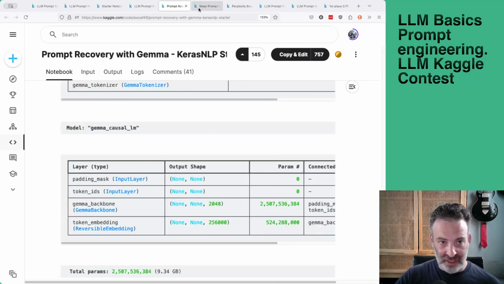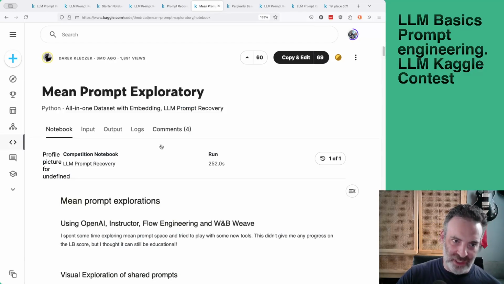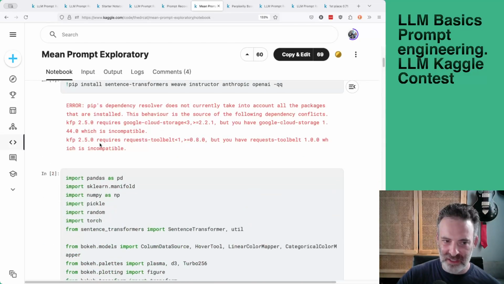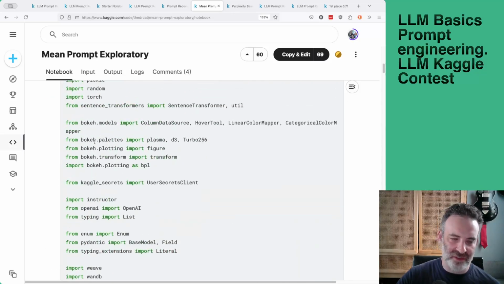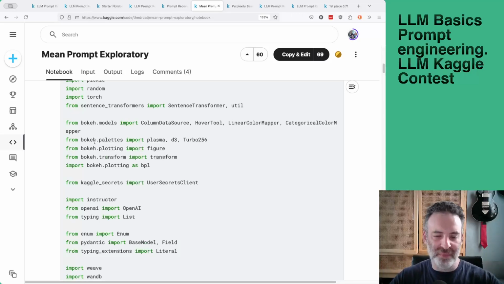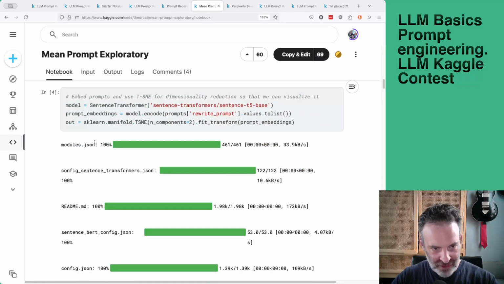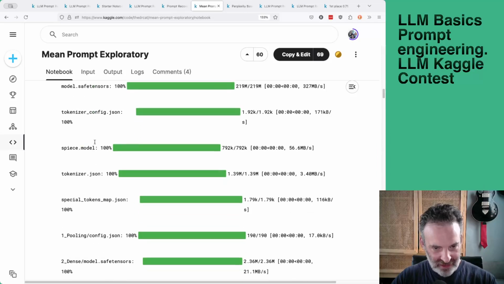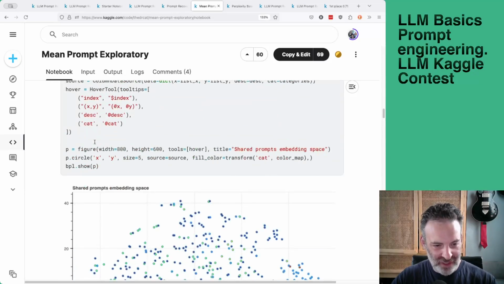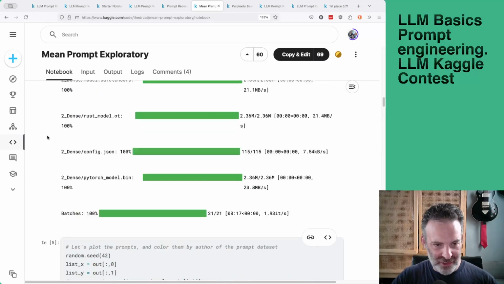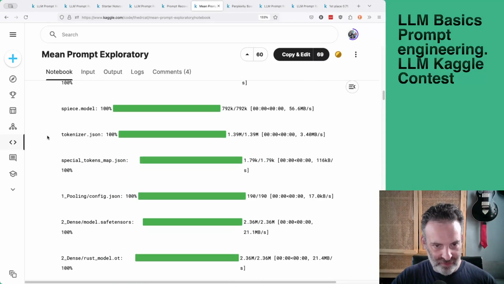So now where does this get? This contest gets a little wacky and goes off the rails when people start looking for what they're calling the mean prompt. The text is tokenized, and that tokenization exists in a multi-dimensional vector space. Looking for the middle of that vector space proved to be a pretty good way of showing what the prompt is going to be.